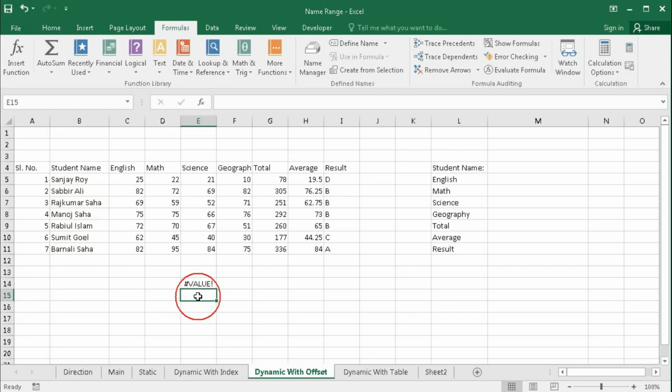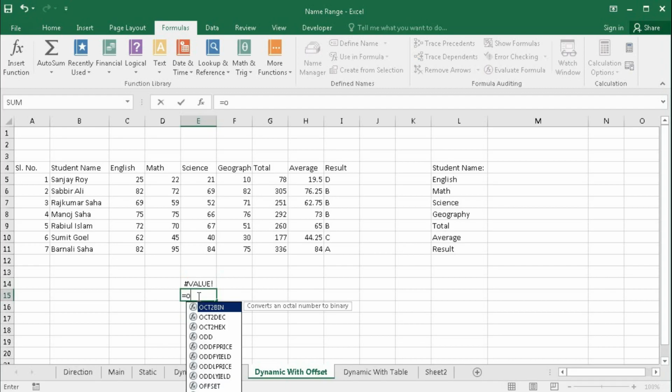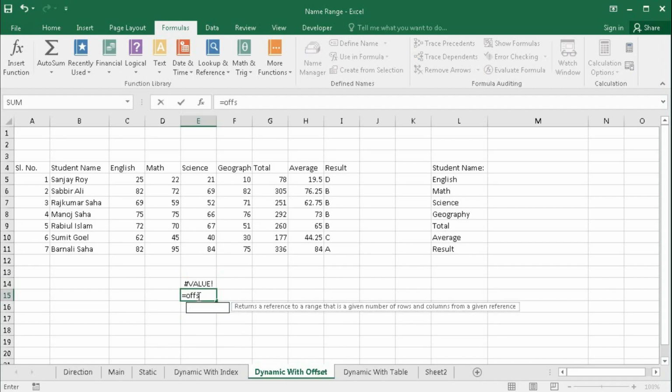So let's create a range for a single cell. Equal to OFFSET, then press here, that is the starting cell range, comma, one row down, comma, 0 columns to the right, comma, height of the range will be 1 and column width will be 1.